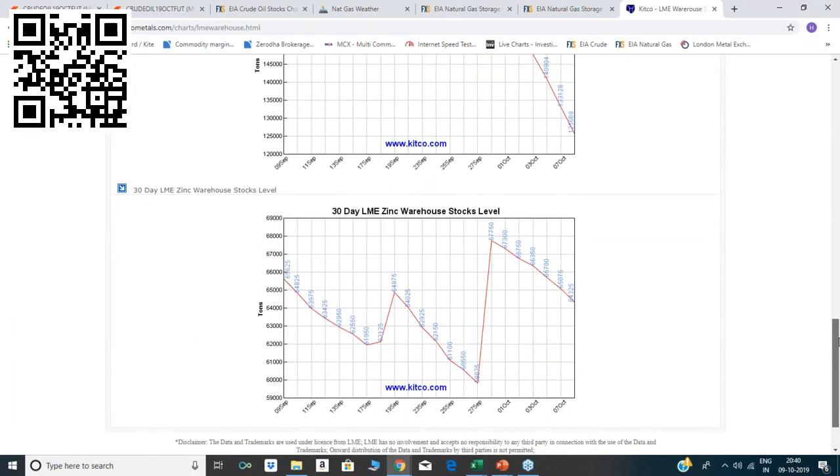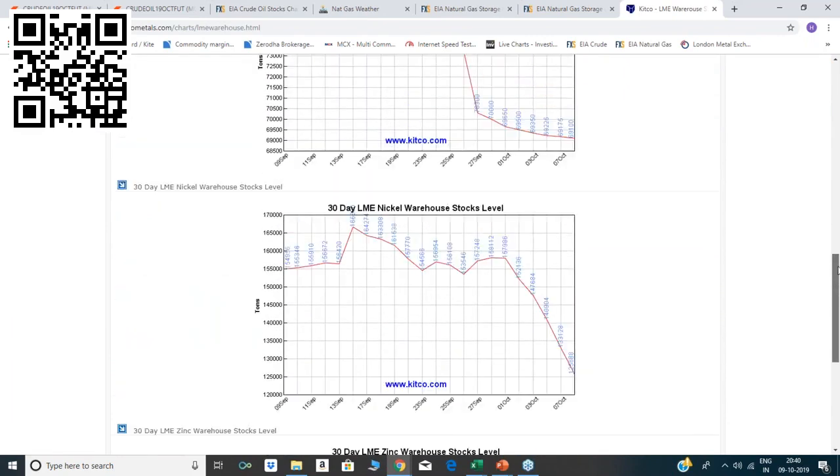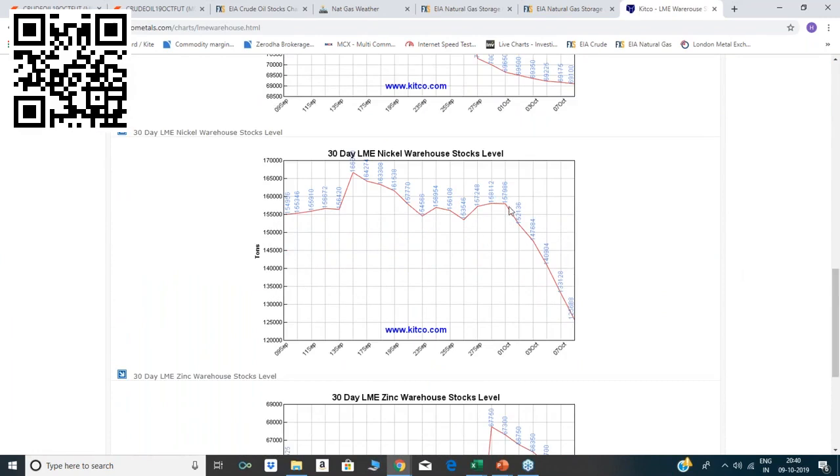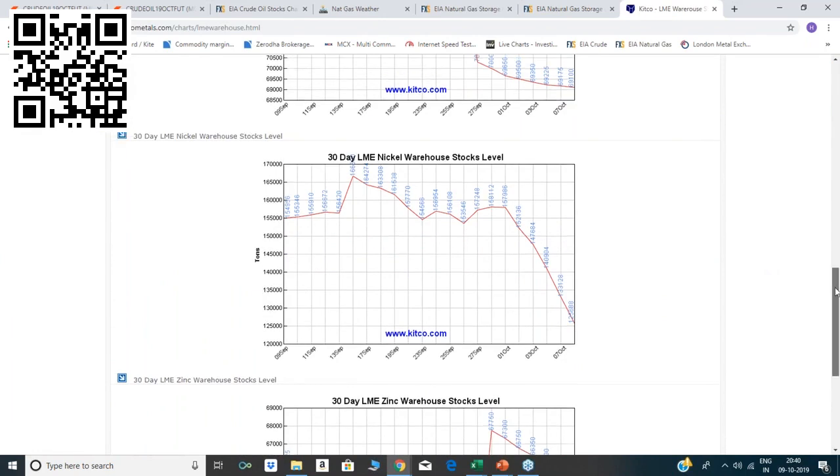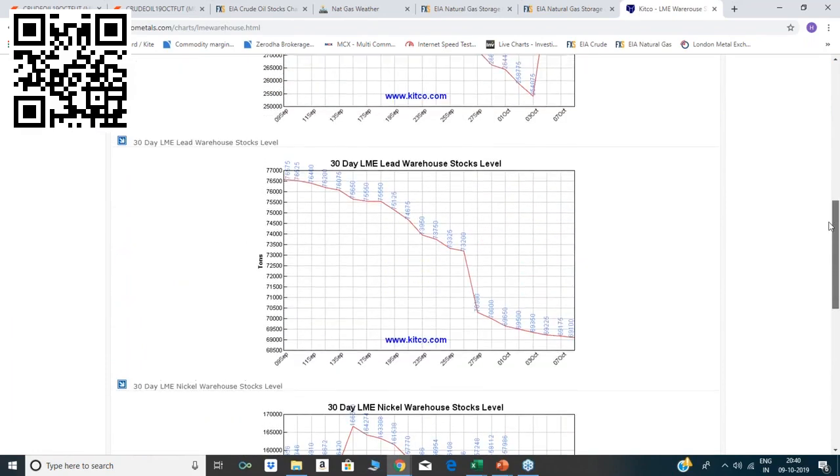Exactly. For the zinc. See now here also, if we look into any of the charts, nickel, the inventory data is decreasing for a few days. So what can be the impact? The price may go up. And see, right now the prices are going up. It is consolidating and it is going up. This is just some extra knowledge along with the technicals.